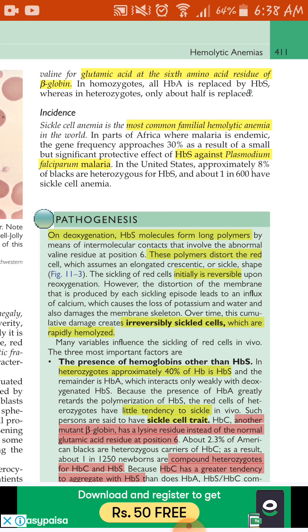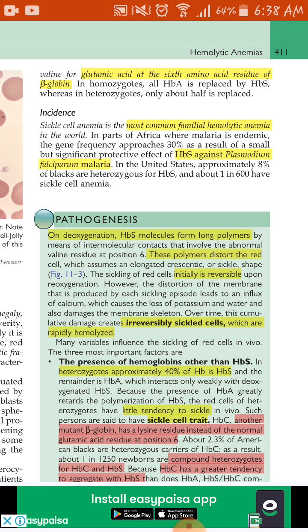Now a person who is suffering from sickle cell anemia can be homozygote, or it can be heterozygote. Homozygote means that all the genes are defective. Either they are coming from father or they are coming from mother. And the heterozygote means that half of the genes are defective. For example, the genes which are coming from father or mother, any one person, are defective. Sickle cell anemia is basically an autosomal recessive disease.